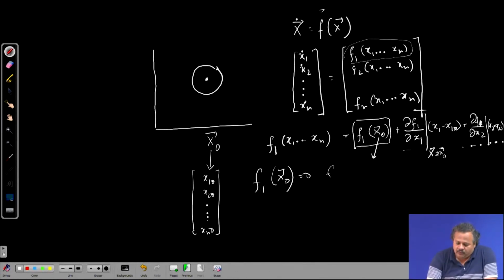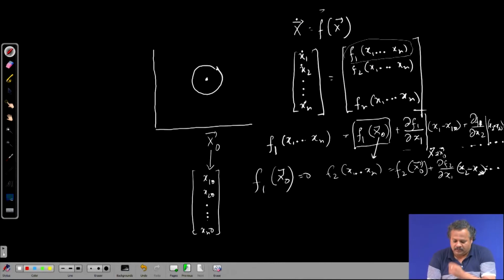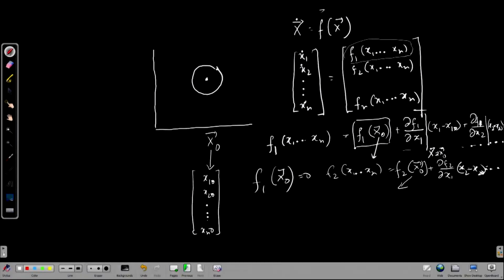Similarly, for f2, we can replace it by f2 at x naught and then del f2 del x1 and so on, multiplied by x2 minus x2 naught and so on. Now again, f2 at x naught is also going to be 0. So with this we can extend the idea and see that for x1 dot, x2 dot, up to xn dot, by setting these terms to 0, we will have